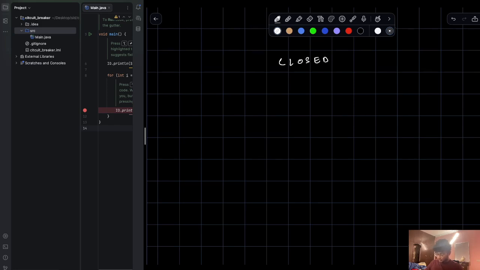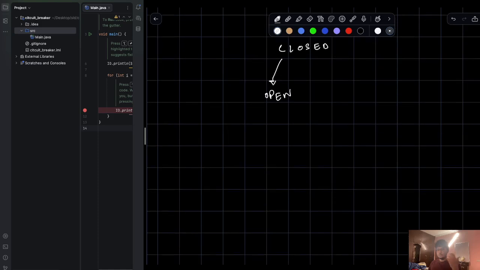And from closed, it goes to open if there is any failure. And from open, what happens is in open, none of the requests are allowed. Right? After a certain time, the service is given a certain break, right? And that time is set, predefined, right? Once that certain time elapses, it goes to another state called half open,